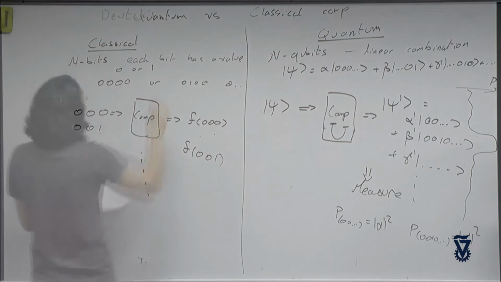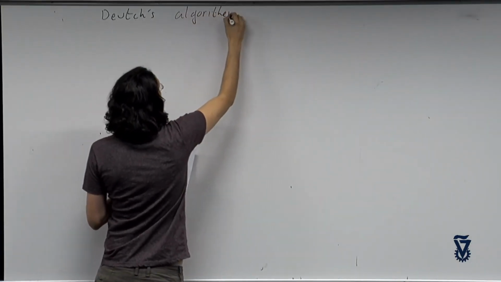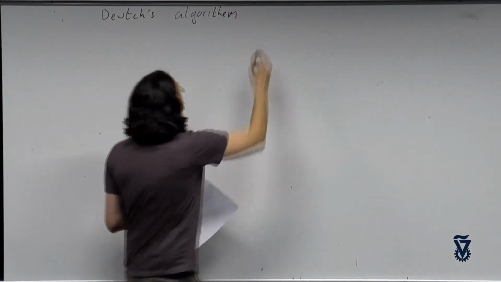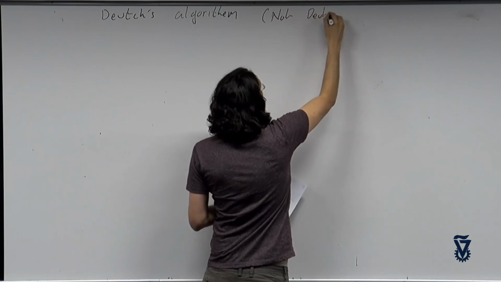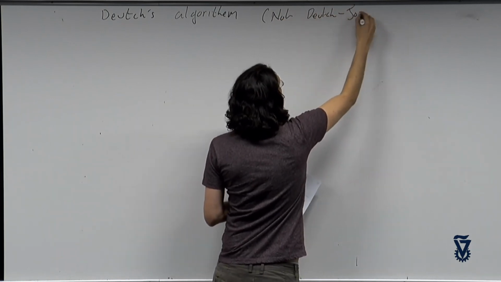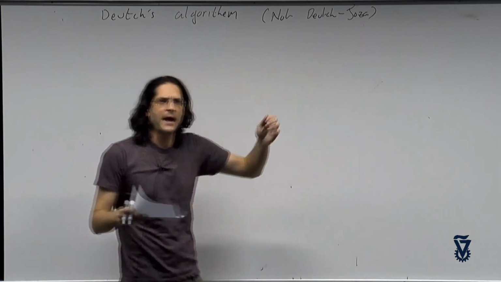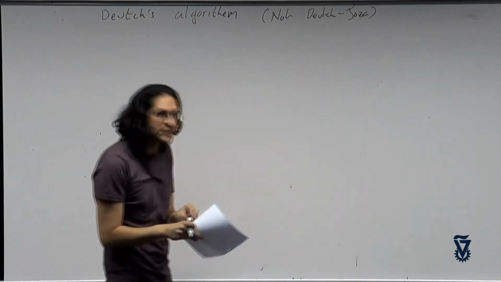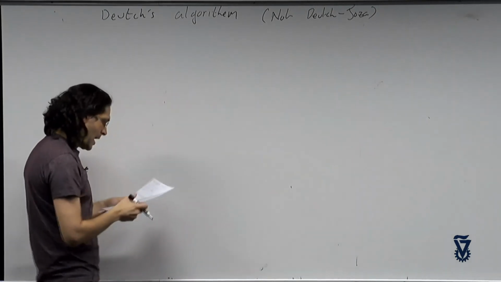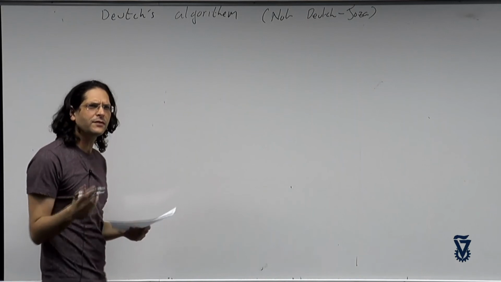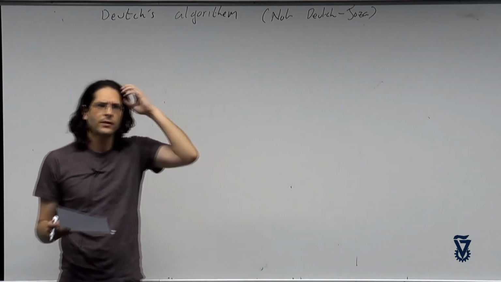So this is Deutsch's algorithm. Note that this is not the Deutsch-Jozsa algorithm. Deutsch-Jozsa is just slightly more expanded. So what I'm showing you is really the simplest case, the simplest thing there is. Okay? And the idea of this algorithm, this is a 1-bit algorithm, or a